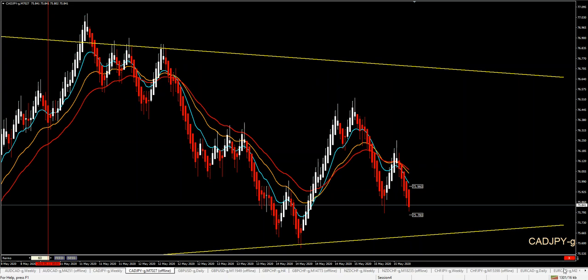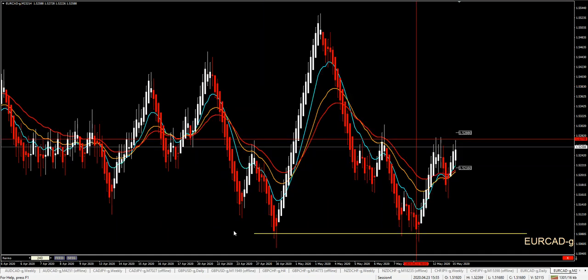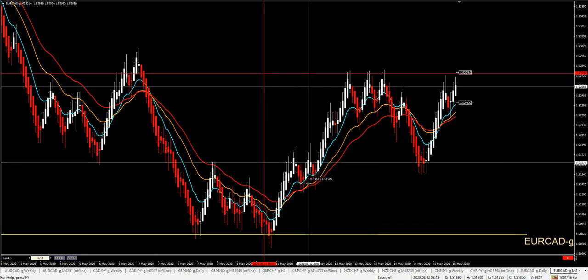Euro CAD. There you go. Again, another bounce. We had double bottoms. Price was really strong. We saw that happening. And again, with our classic approach, entry